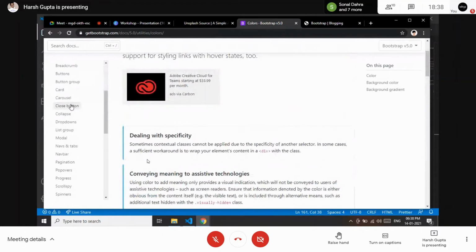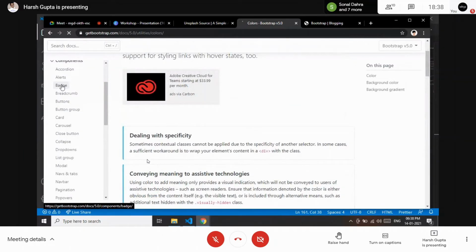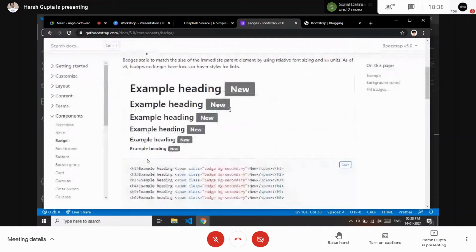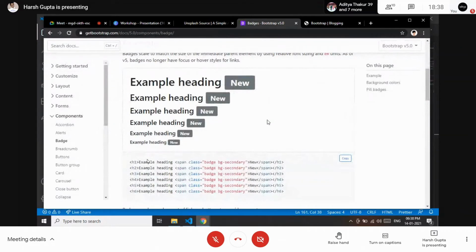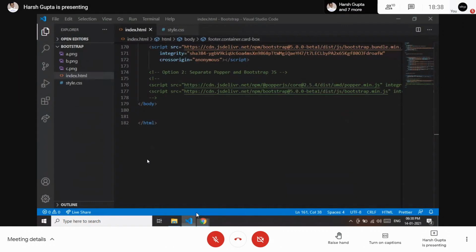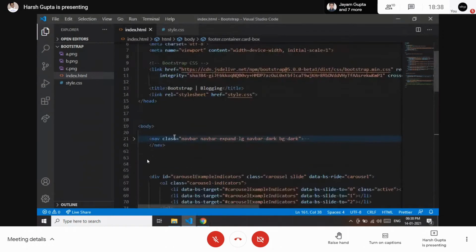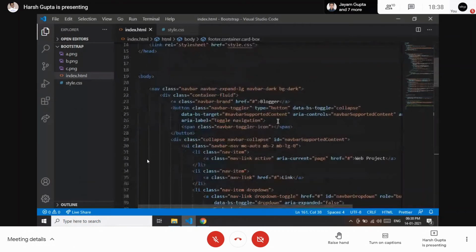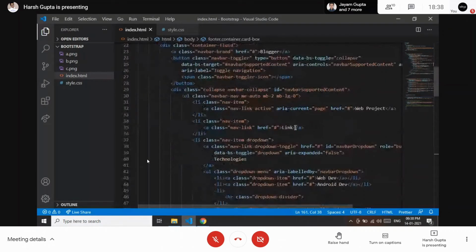Again we also have some features as well. Let's say we also have the badges. Where is it? Yeah, here. This is called the badge. If you want to apply these badges, let me just pick one and copy this here. And again, I'm going to my navbar and let's just paste it after the link.